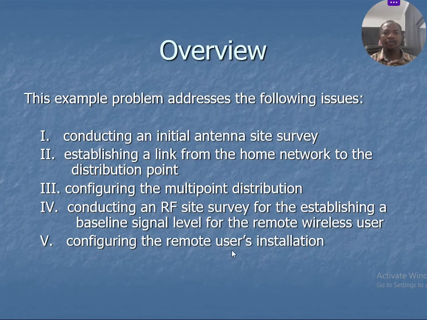Now let's move on. We'll be addressing issues and problems in the following regards. We'll be conducting an initial antenna site survey. We will first of all locate an area where we can site our antenna. So we will be doing an initial antenna site survey where we can locate our antenna for our home